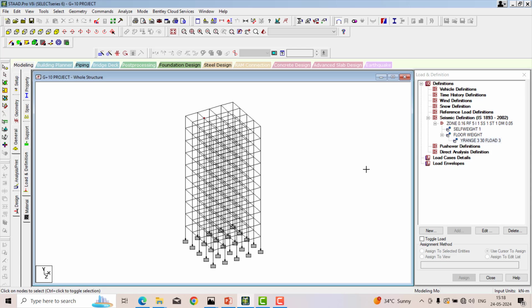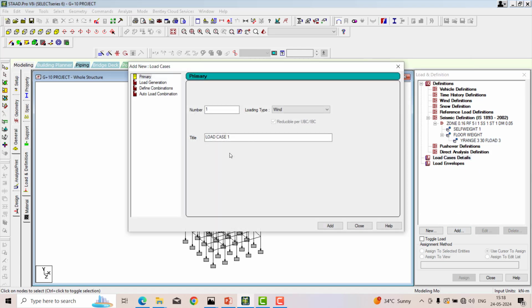Once I'm done, we have to add the 4 directions. For that, load case details, add. Next, click on seismic. You can define it as EQ X direction, earthquake X direction, and then EQ minus X direction, EQ Z direction, and EQ minus Z direction.